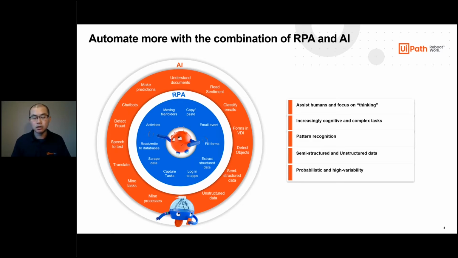Or imagine how you can start to take more predictive responses to scenarios where the answer may not be binary. You may have a continuum and it may be probabilistic in terms of what the decision might be. For example, think about a loan default scenario or something that's very high variability, like identifying the intent of a customer query. Anything like this can be a scenario where you need to start to use AI, and the use of AI technology empowers you to do more with your RPA process.